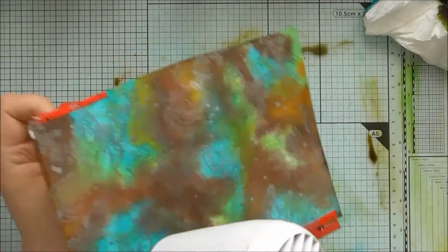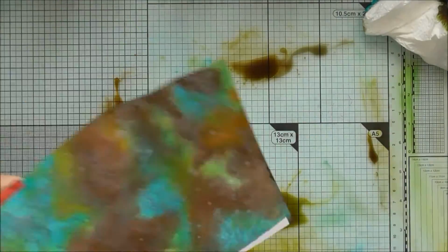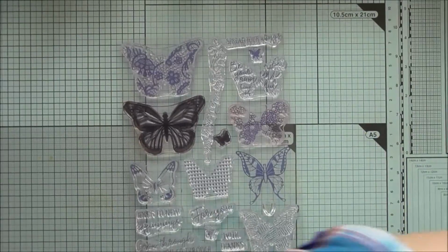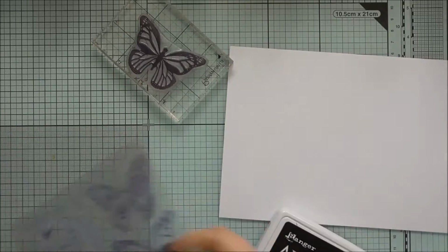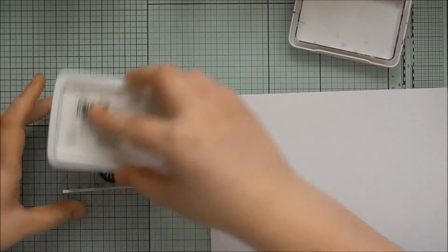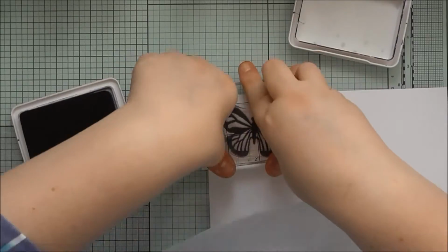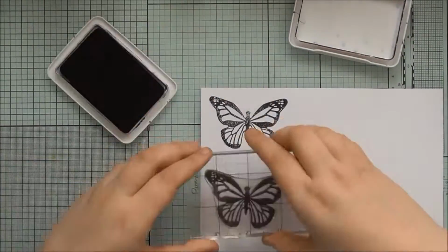And the piece of card that I'm using, I made sure that it would fit 2 of the die that I'm going to use to cut out the background piece, which is the A2 Matting Basics. I think it's set B, the largest one in that is the one that I use at the end. And so now I'm taking one of Christina's layered butterfly stamps, and I want to stamp it 4